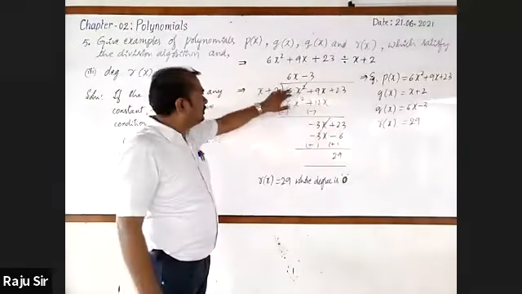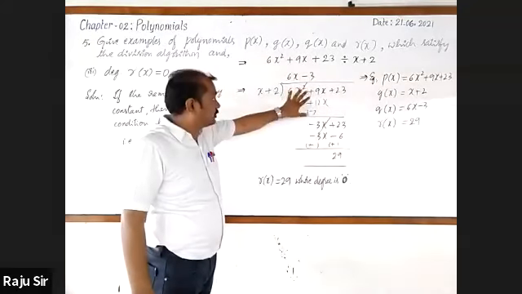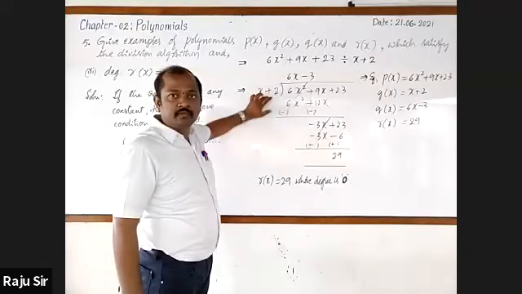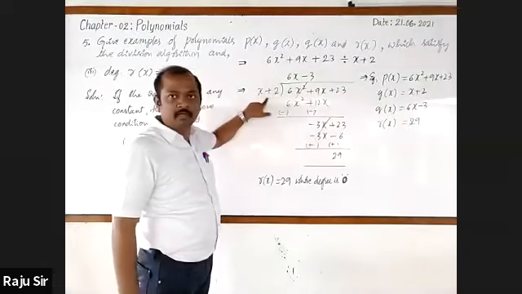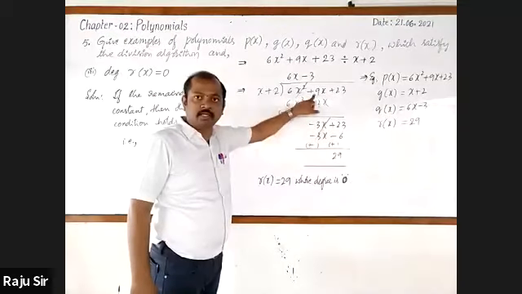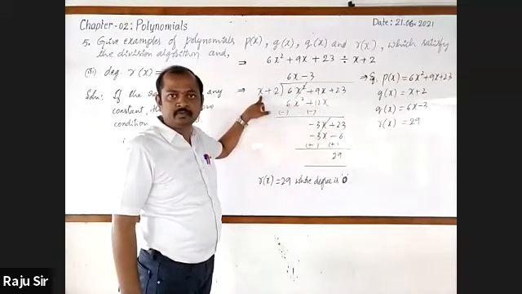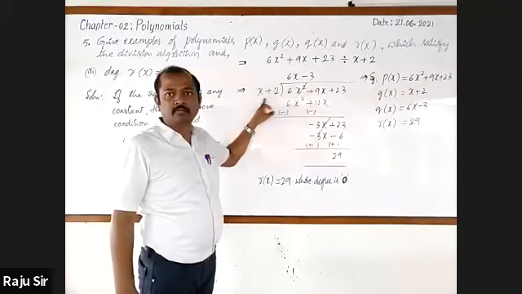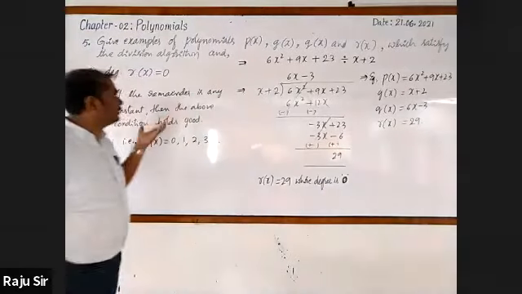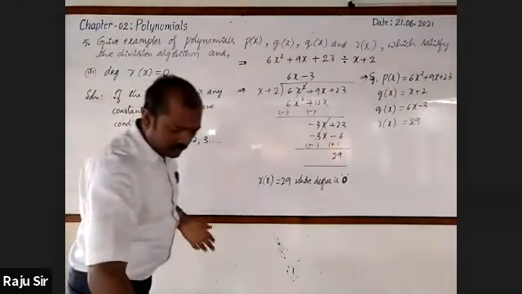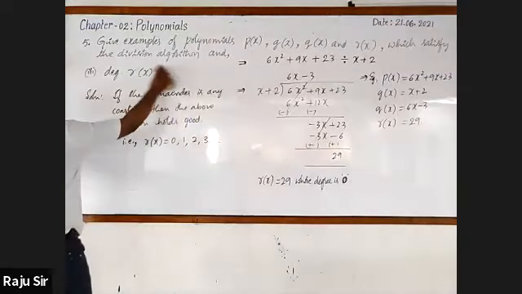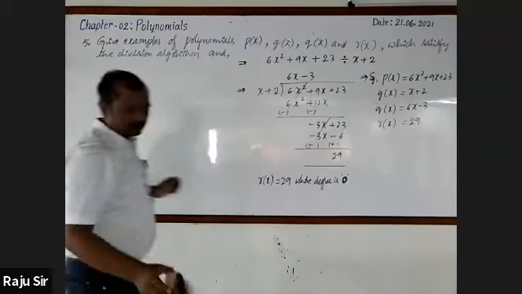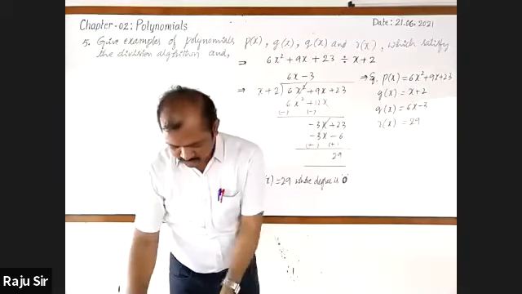I have been repeating this: you will take cubic, quadratic. So suppose if you take quadratic here, you take linear. If you take cubic, it should be quadratic. If it is biquadratic, it should be cubic. If it is quintic, it should be biquadratic. This will be easier. Now, I'll move on to another condition. Second condition.